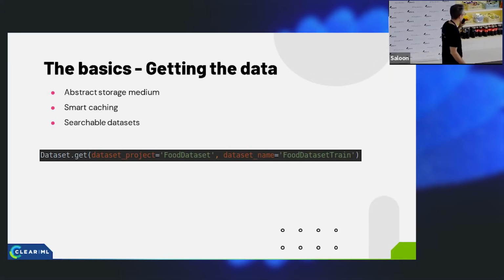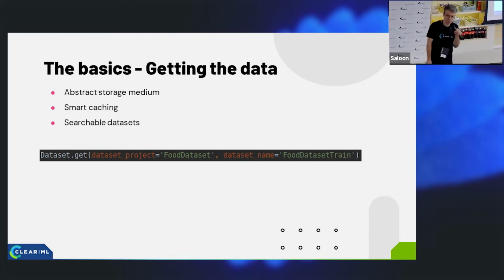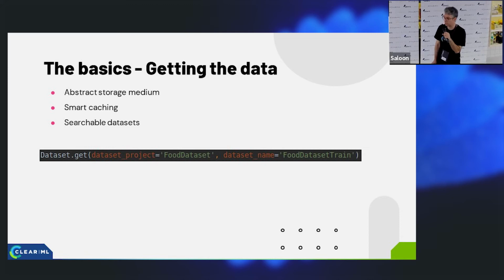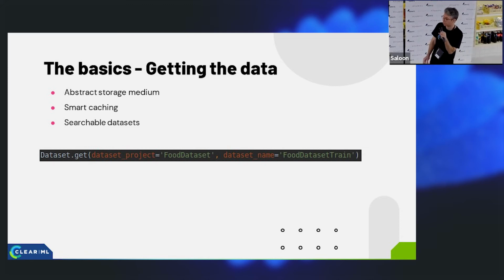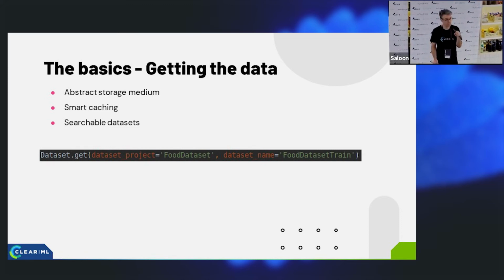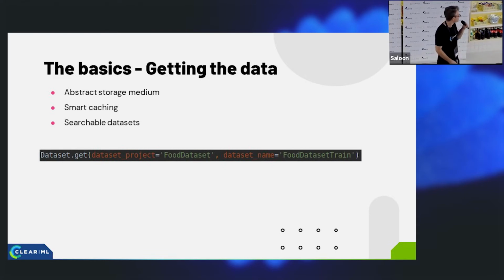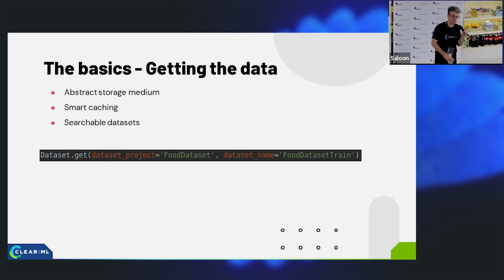So how do we actually get the data? The idea is your code actually fetches the data. So instead of having a bash script before you run your code to get the data set, unzip it, put it in a folder, and have that folder hard coded into the training session or evaluation, this is actually tied with the code itself. So now your code is fully abstracted.